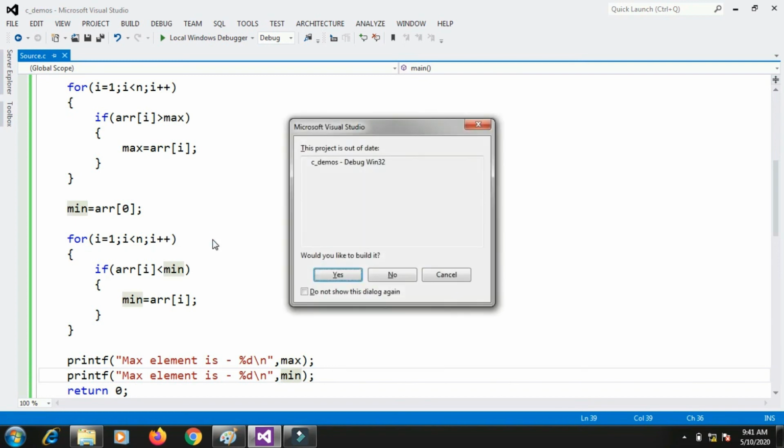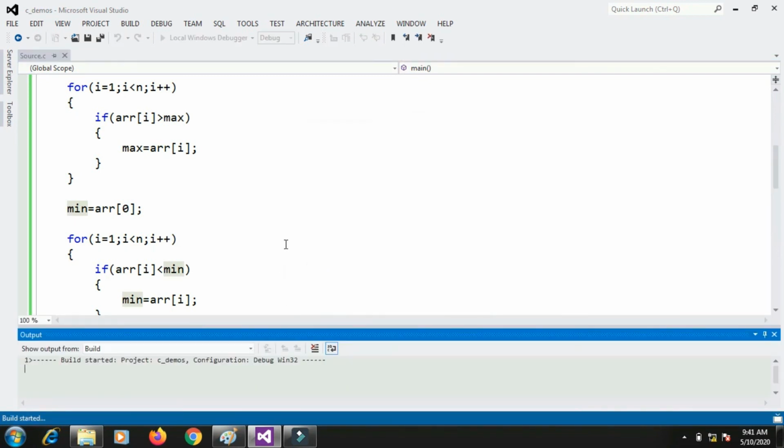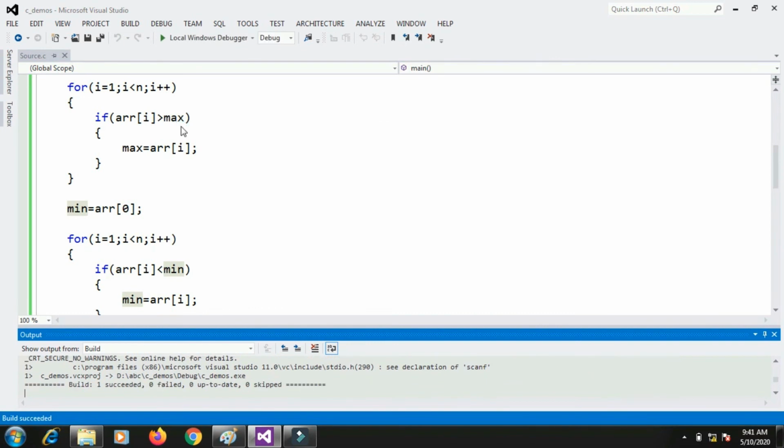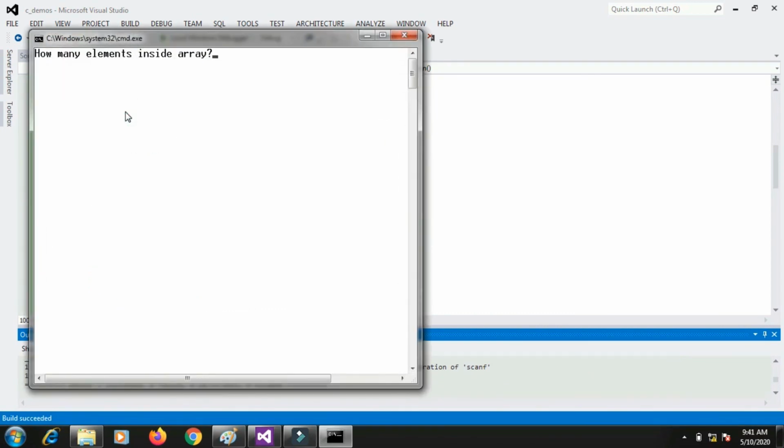So now if I run, suppose there are 10 values: 4, 23, 1, 78, 6, 56, 34, 23, then say 20, 9. Maximum element is 78 and minimum element is 1.